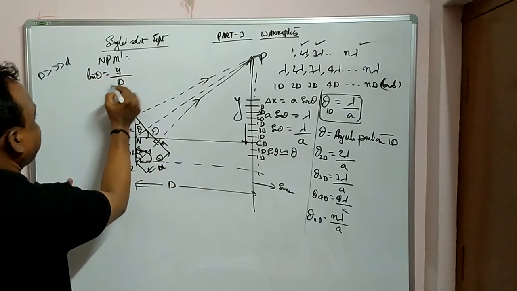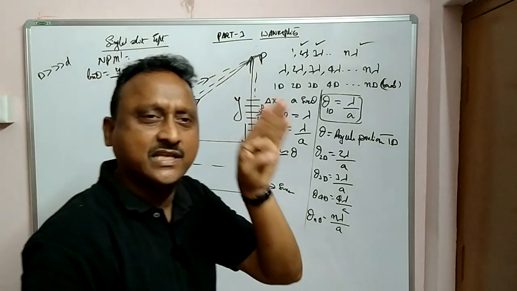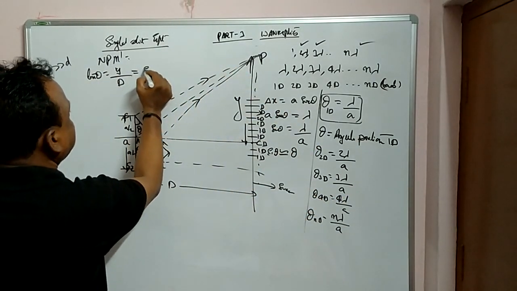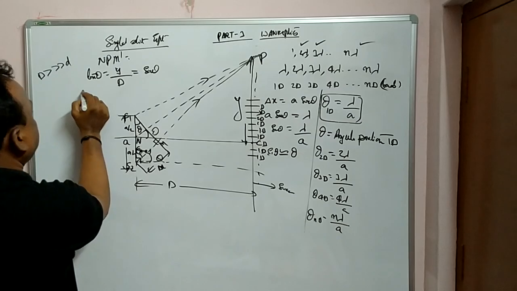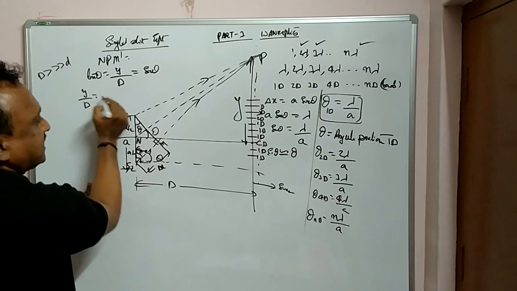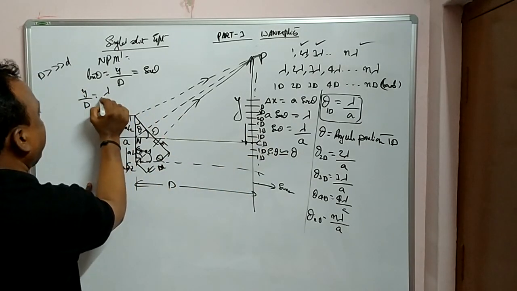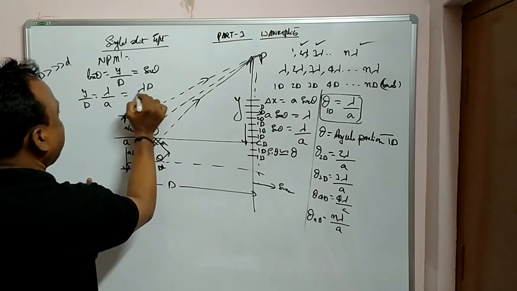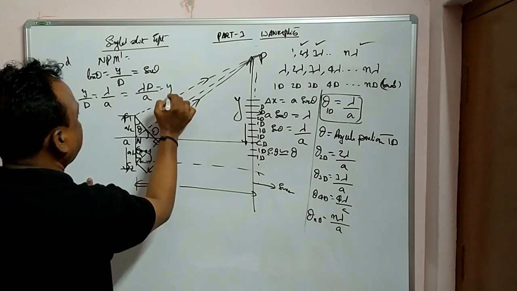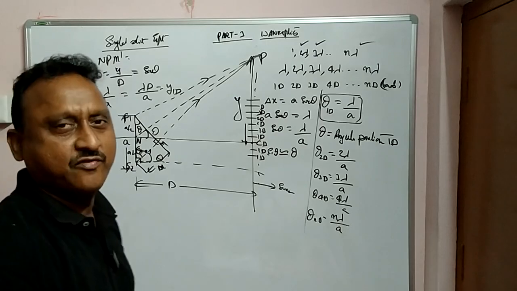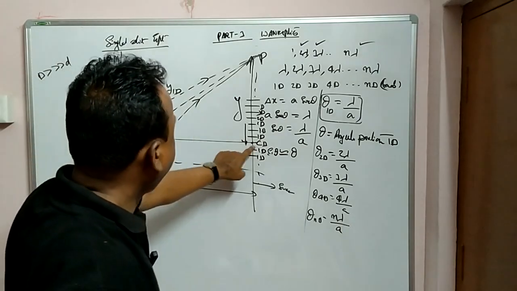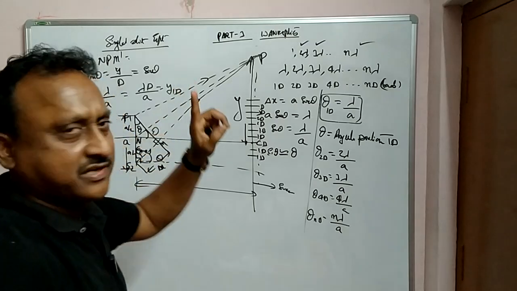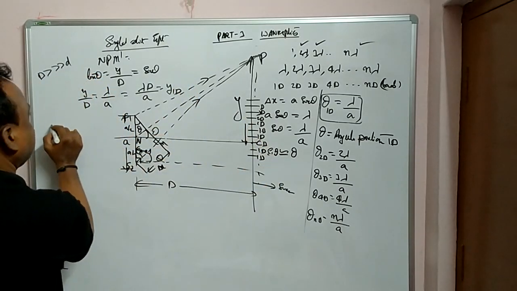Opposite by adjacent. As I said, when the angle is very small, sin theta is equal to tan theta. So this is equal to sin theta. So y by d is equal to, for the first dark, lambda by a. That implies lambda d by a is equal to the first dark in diffraction. Lambda d by a is the first dark. Similarly the second dark,